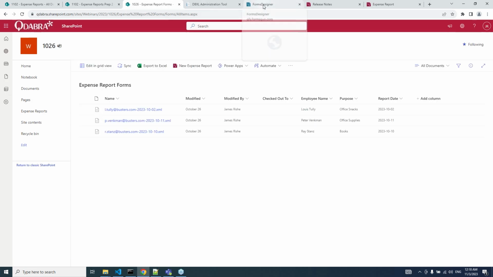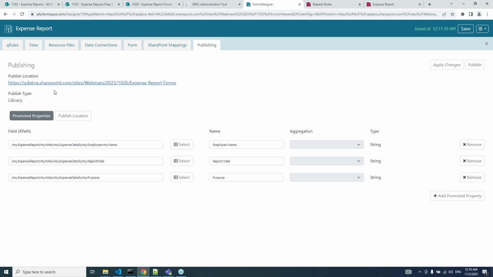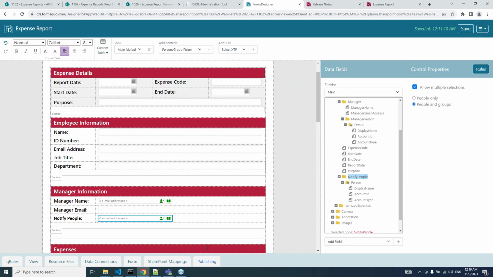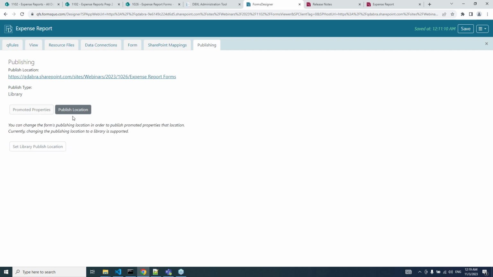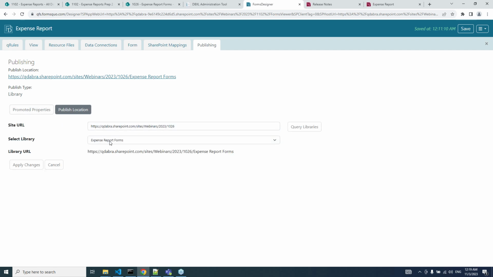But let's say I want to just use it in this new site. So what I do for that is I just come down here to this publishing tab, go to publish location, and click this button here. And this will auto-populate with the current values. If I wanted to stay within the site, I can just select a different library. But in my case, I want to repoint it to a different site, so I'll just add that URL, click